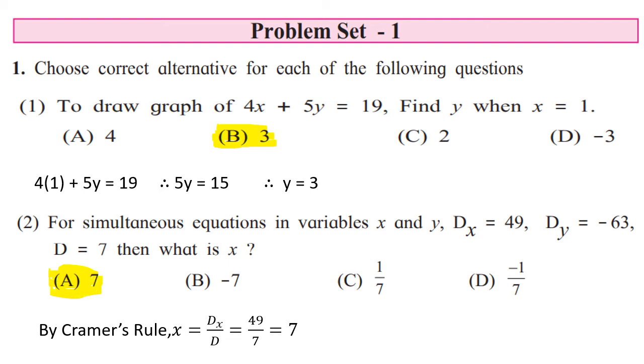Okay, it is possible for you to solve it orally because it is very easy. Dx upon D is 7, but still I have given the solution. If you want, you can write down that justification there, that how we got the answer here. Okay, let us go further.